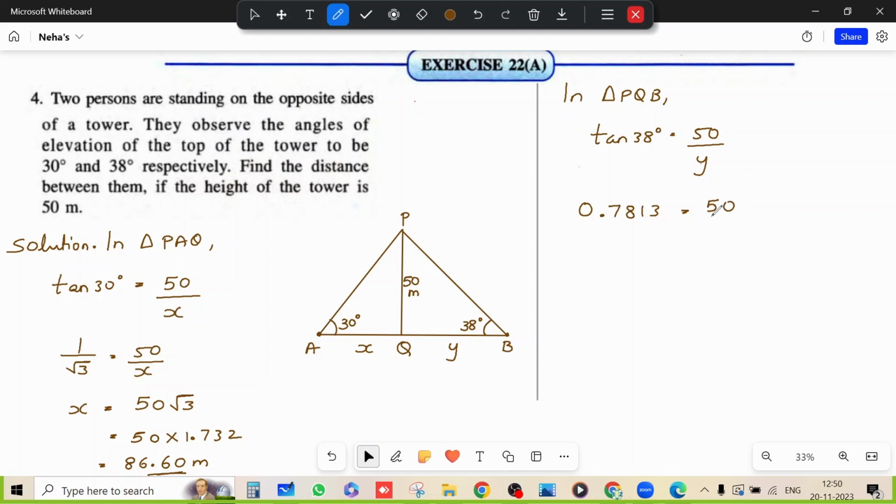Now we will substitute the value here in place of tan 38 degree, and the value of y can be found out using 50 divided by 0.7813. On calculation, the value is approximately equal to 64 meters,